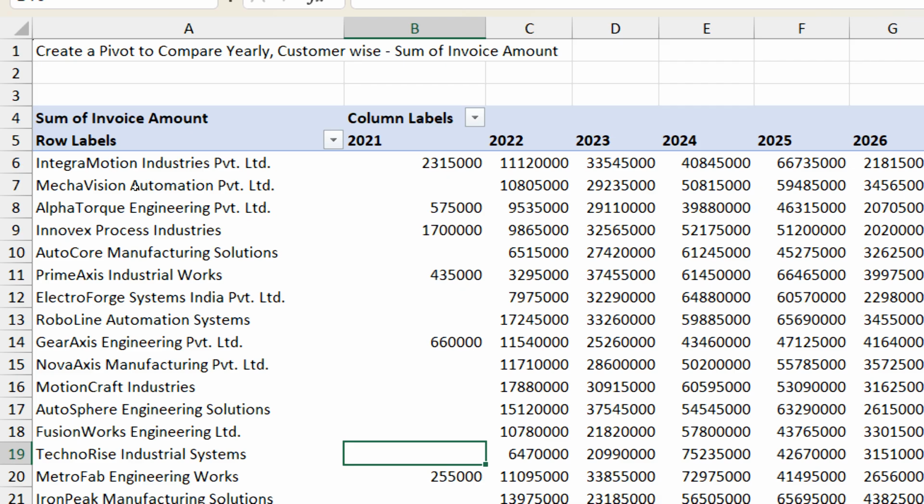Sir, what is customer for your customer? Highest value should be